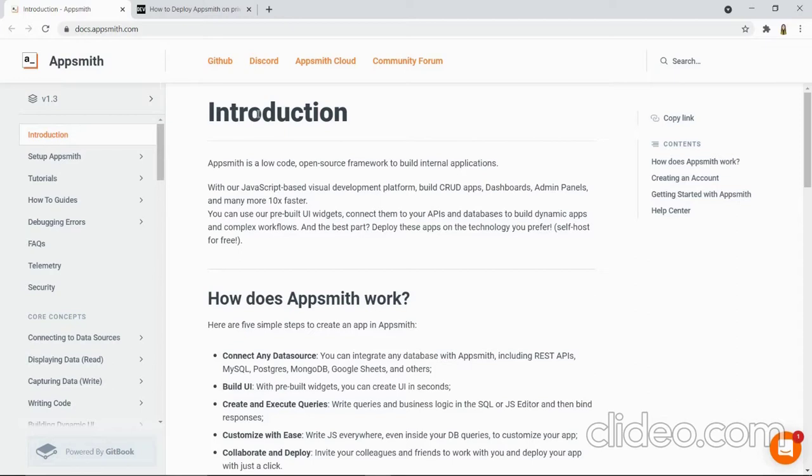So this is the official documentation page of Appsmith and you can look at the introduction which is given here. According to the introduction, we can see that Appsmith is a low-code open source framework to build internal applications. Basically, it is a framework which is very easy to set up, which we will be looking at later in this video. Once it is set up on your local device, it is very easy to create various kinds of applications